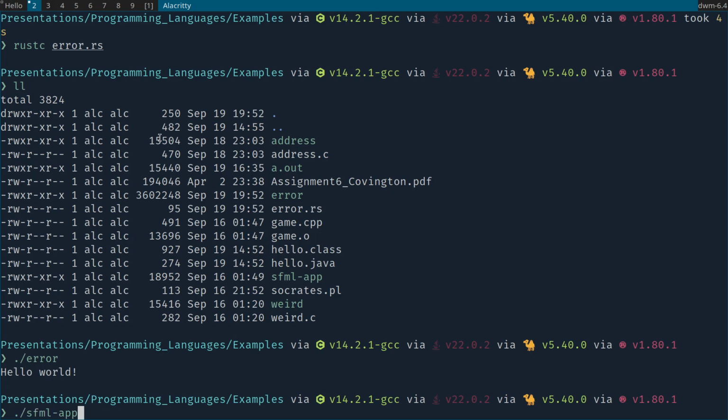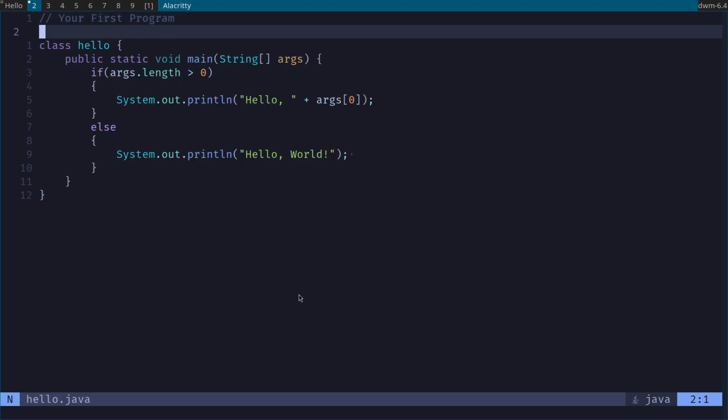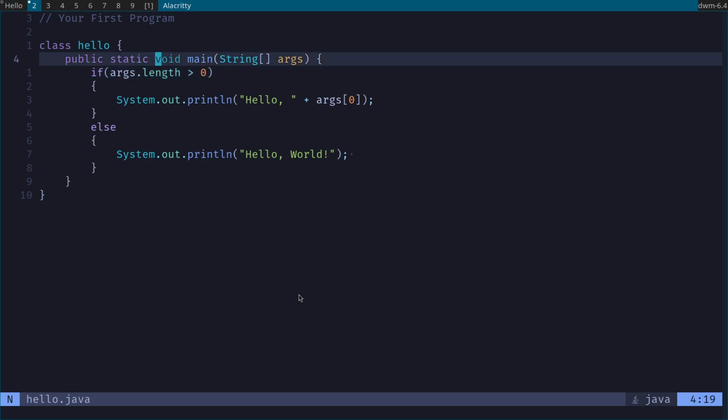Now, this doesn't necessarily fit in compiler features, but it's a language feature that's unique, so it fits in that unique category. And what it is in Java. So in Java, we have this. We have a class, and you've probably seen this string array of args plenty of times.